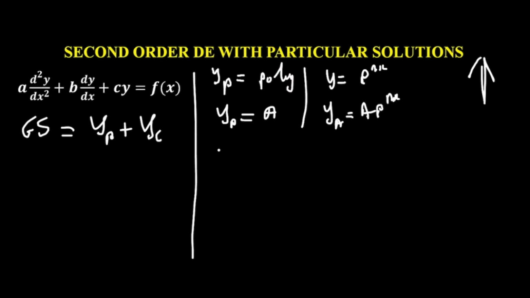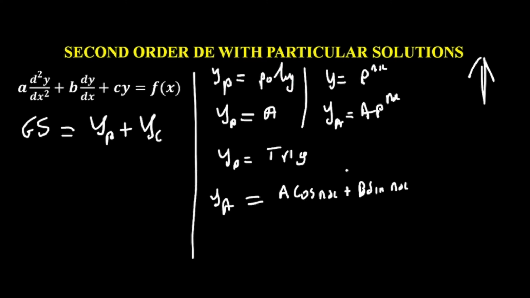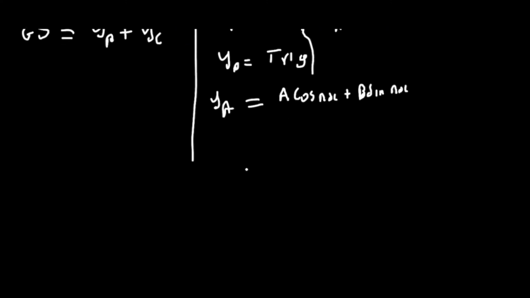If we have a trigonometric function, then our particular solution, y particular, will simply be equal to a cos nx plus b sine nx. So depending on the function we have, examples are going to explain all of this. Examples are going to make this look way easier than this. Now if we look at our first example,